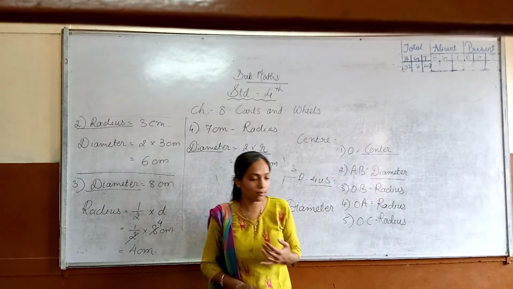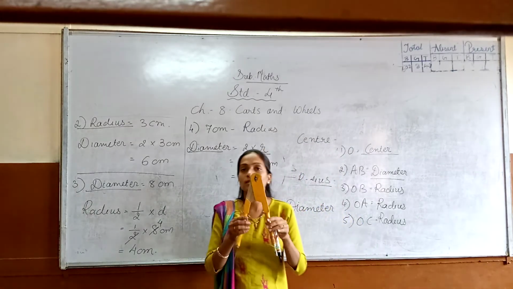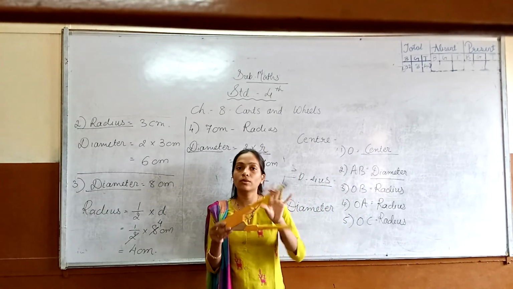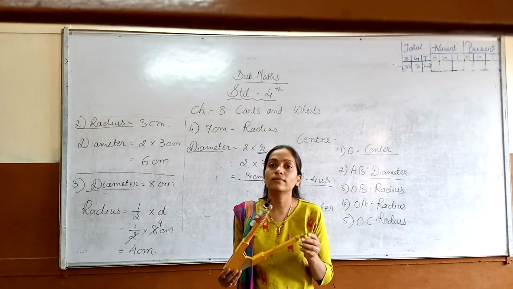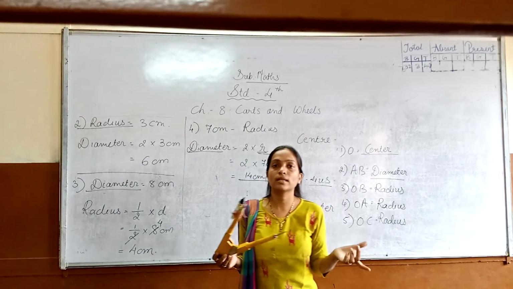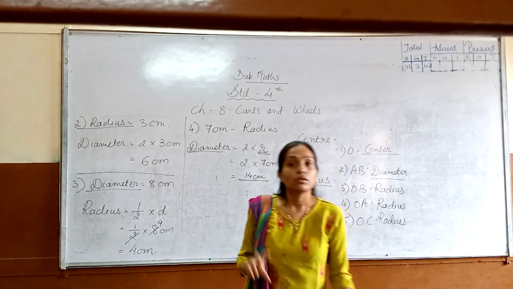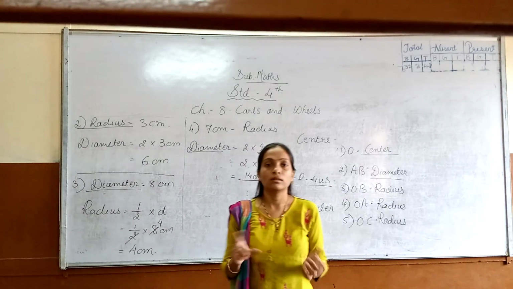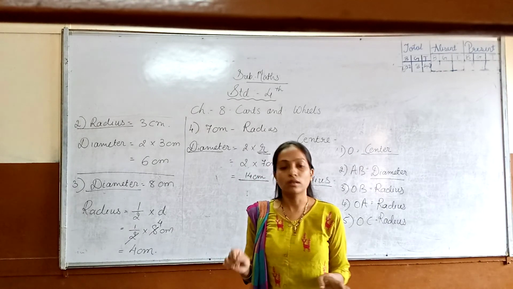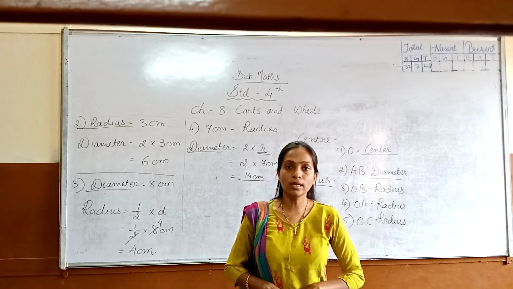These things we have seen in this chapter. And one more thing we have seen, how to use this compass, and we can draw a nice circle with the scale. We will measure it, whatever measurement is given, so we can draw a circle with different measurements. This we have seen in this chapter. Okay, thank you.